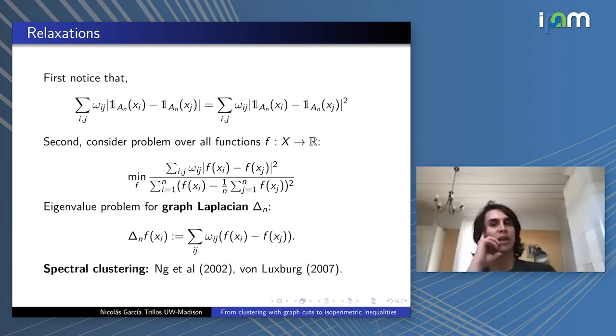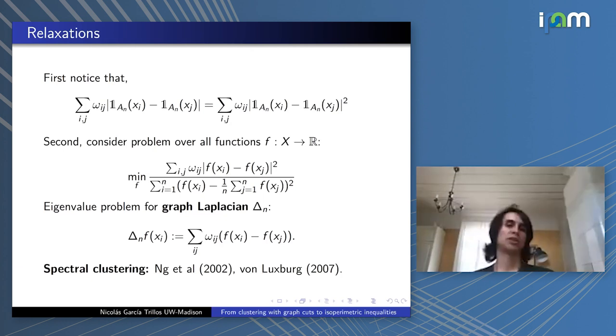So now, instead of just looking at indicator functions, you look at functions that can take arbitrary real values. And then you replace the denominator of this Cheeger cut objective with something more like an L2 norm. And then you discover that this optimization problem is really just a characterization of the eigenvalues and eigenvectors